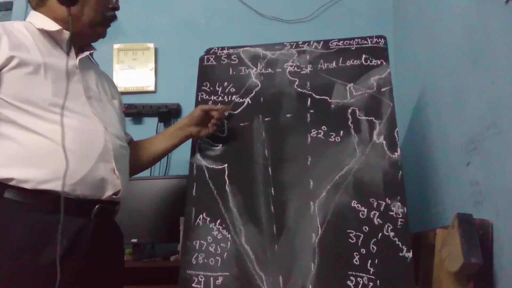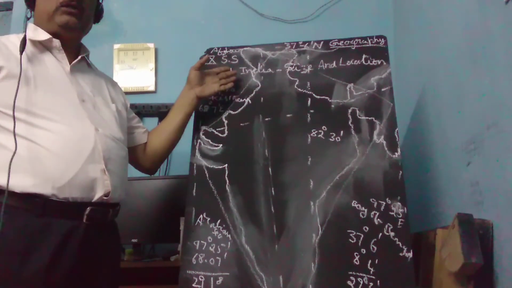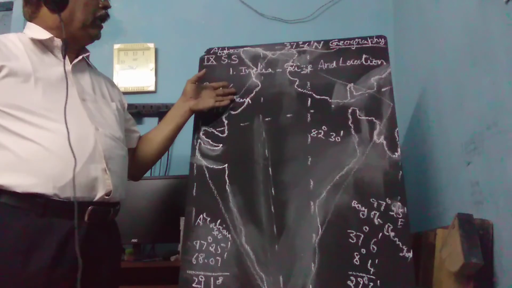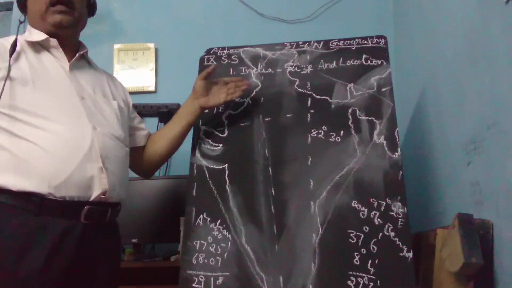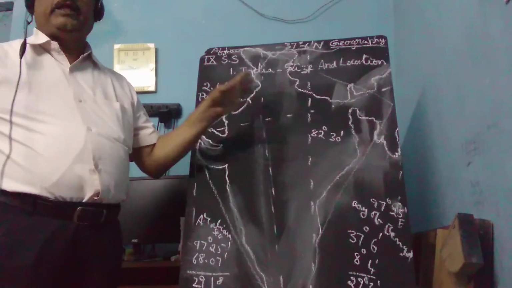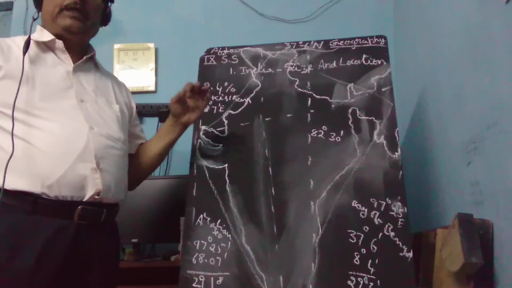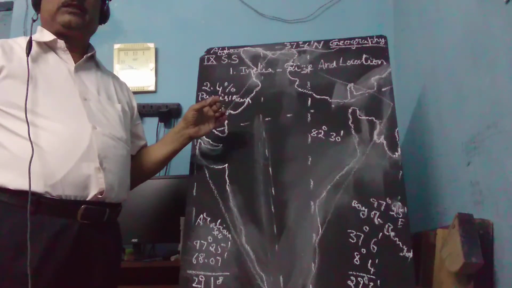But today we learned about the measures, that is the longitudinal measure, latitudinal measure, and in between which latitudes and longitudes India lies, and which part of the globe India lies. Everything you have learned. Once you read the textbook, you can understand